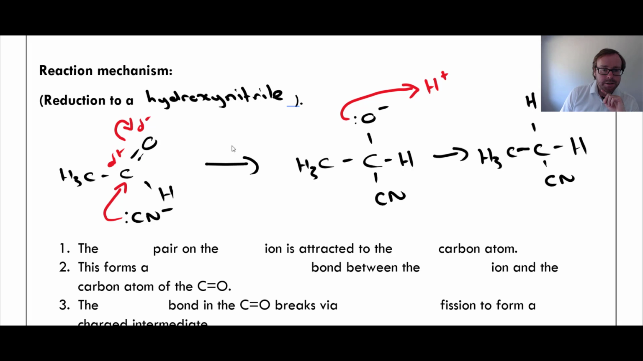This breaks the double bond. Then the lone pair on the negatively charged atom is attracted to the H+. This H+, remember, we've acidified our NaCN, so we haven't got any water. We can just add the H+ here to produce this. And if I was going to name this, I would name this as